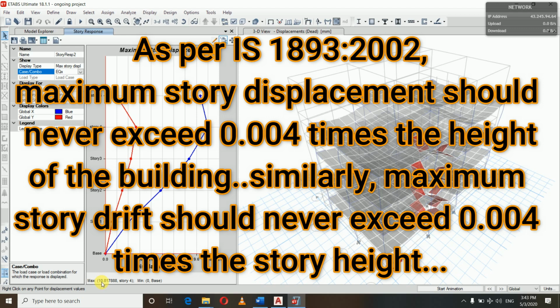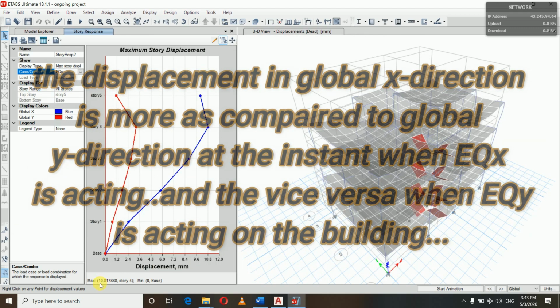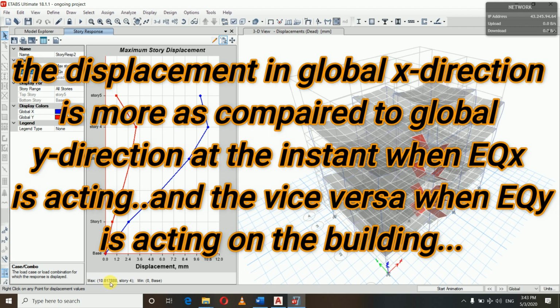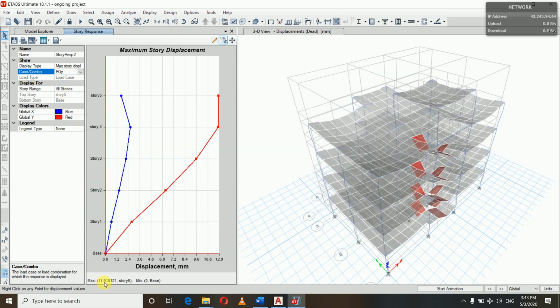So the maximum limit is 64.008, but what we are getting is 10.81788. Similarly, for earthquake load in the y direction, we are getting 11.915 mm, but the limit is 64.008. So what does it mean? It means our building is safe in maximum story displacement.